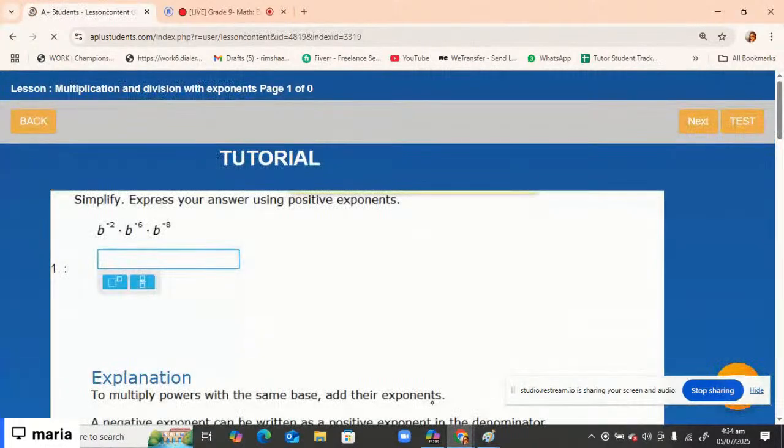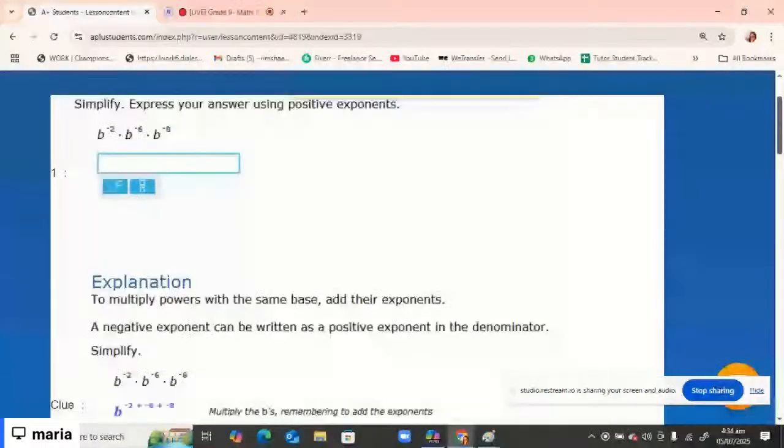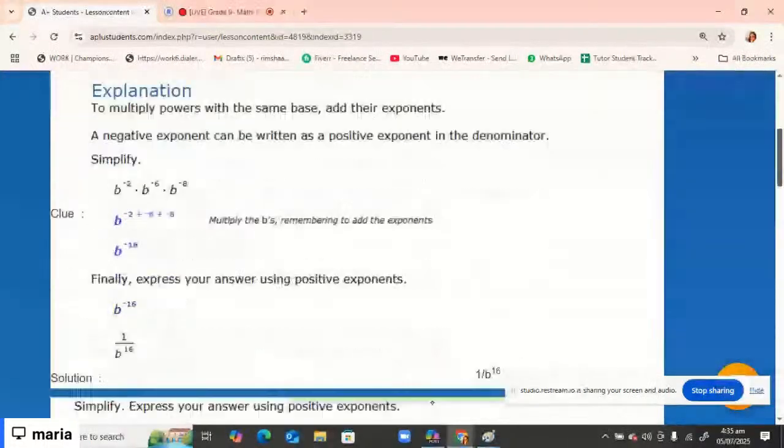Simplify, express your answer using the positive exponent. Look at here, the same kind of bases are given, and some powers are in the form of negative, like negative 2, negative 6, and negative 8. If this is multiplication and the bases are same, we add their powers. Maybe it's negative, maybe it's positive. We just add up all and write our answer. Write your answer as a positive exponent. So let's see,